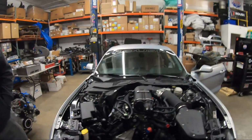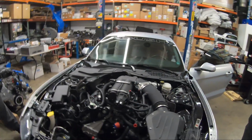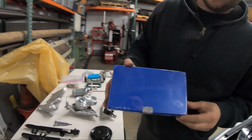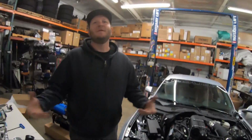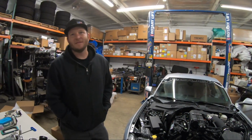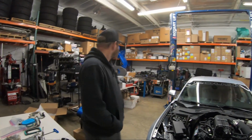And these are going to be the FIC 1650s. Oh, 1650s for the race car. Because we're running E90, so we need more fuel demand. We're doing 3 pumps in the...